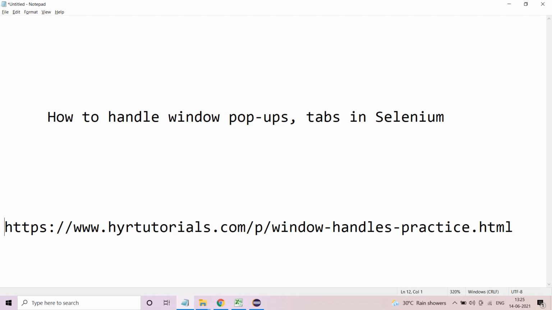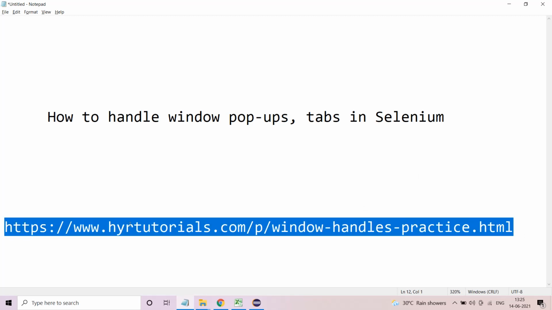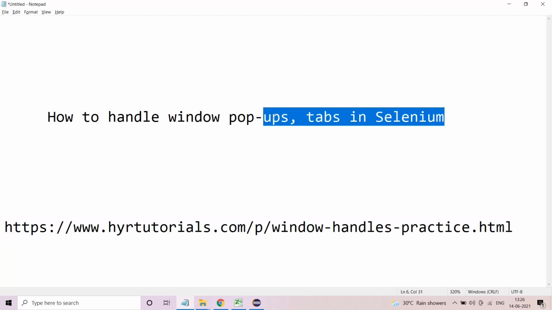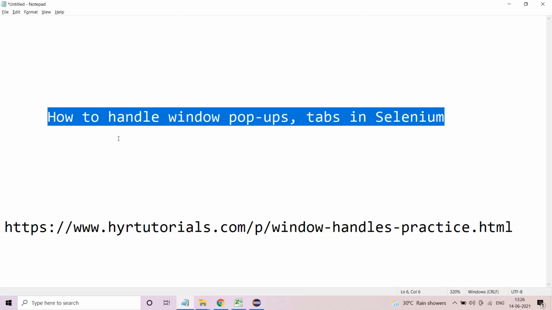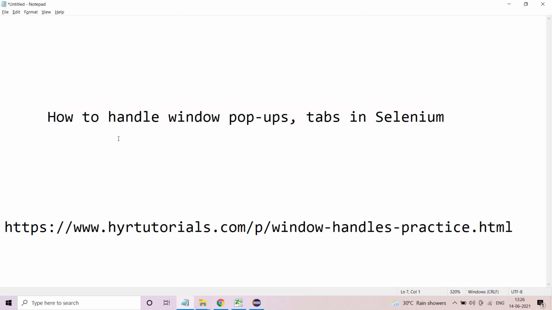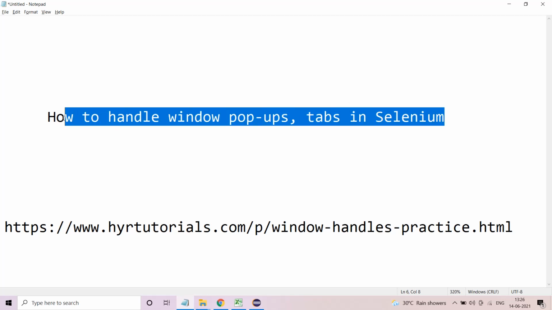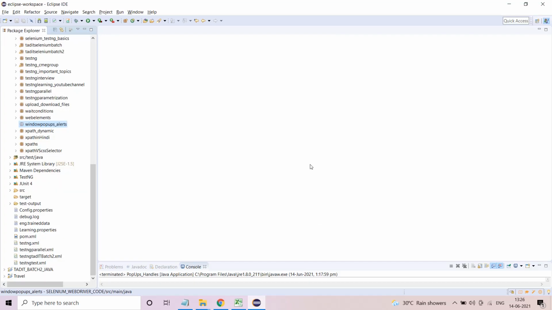You might have encountered a lot of them on irctc.co.in, etc. But thanks to Mr. Yadagira Reddy, he has created a particular URL for me to easily demonstrate how this works. Otherwise it is very difficult to find such a page. From an interview perspective, this is quite important. How much you get to do this in a project totally depends, but if you are in a project wherein you need to handle these things quite often, then the knowledge of this is much relevant for you to get things done. Fine, so let's go ahead and start our code directly.